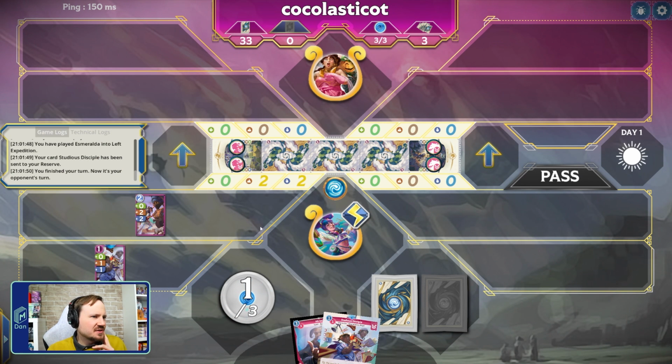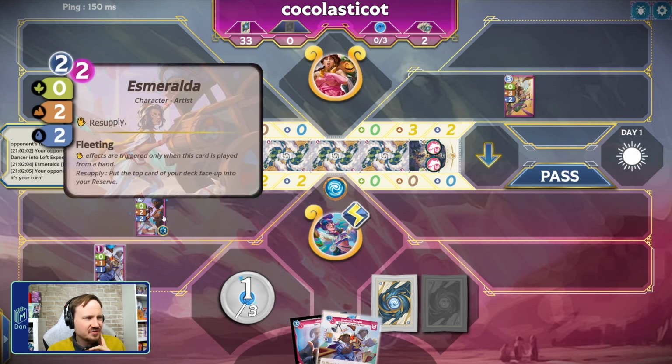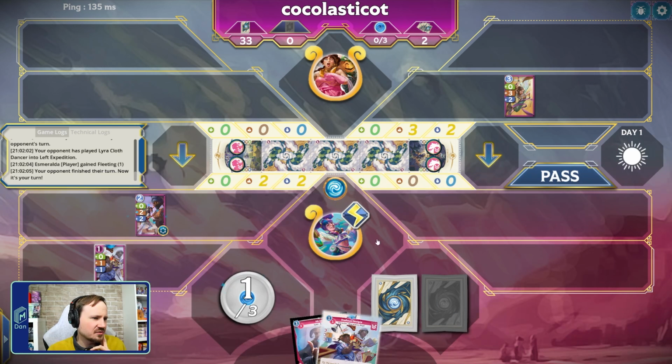So we have Esmeralda on this side. What side are they going to play on? They played on the other side. Gave our Esmeralda fleeting. Kind of rude, honestly. Just a little bit. Like, not super rude, but enough. Enough rude. Well, gee, does it actually make any sense to go over here? No, it doesn't, because Studious Fight's on the exact same stats over there. So I think